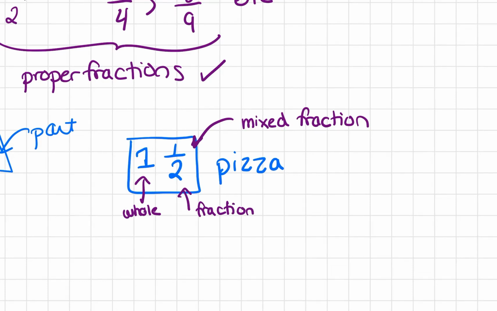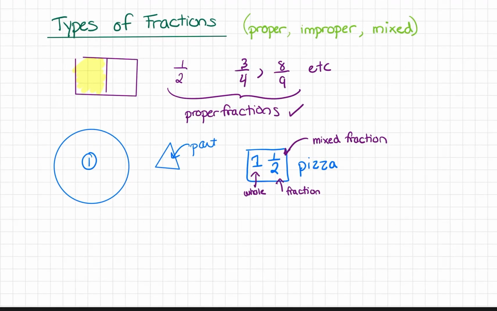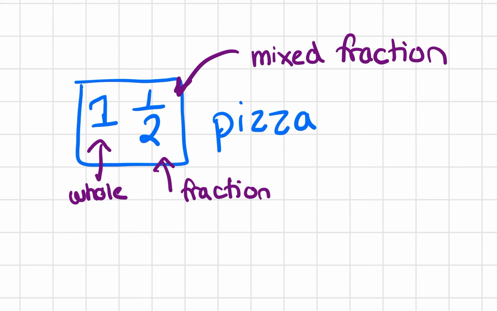Even though wholes are also fractions, but that's another lesson. So that's a mixed fraction. Now, sometimes though, especially when it comes to multiplying and dividing fractions, a mixed fraction might not be good for you. You might want to make this mixed fraction look like, not a whole and a fraction, but just one